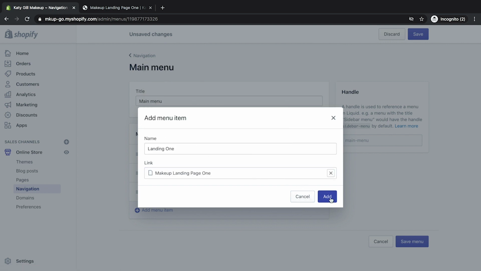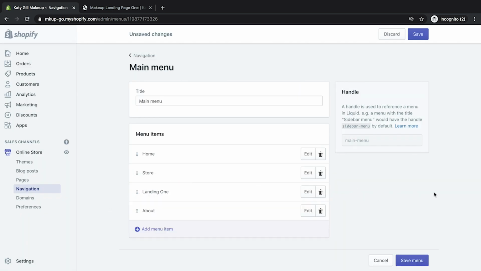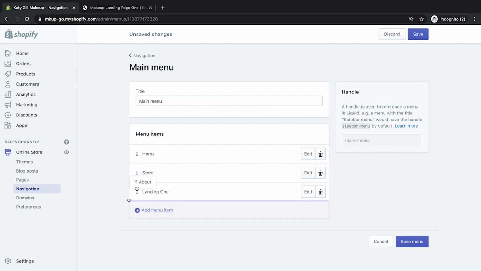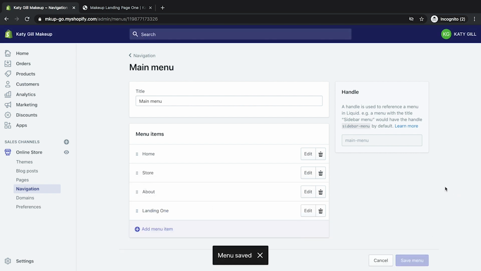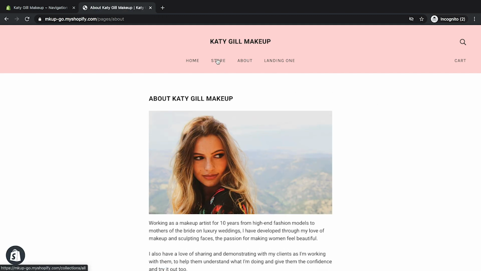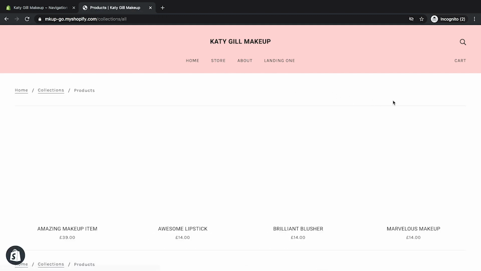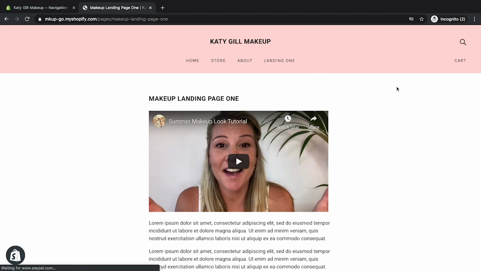Obviously we'll change all this later, and of course on top of that you can change the order of what they are. So let's have it back to where it was. Excellent. So we'll save the menu, and now if all is working well, we should see it up the top there. Great. So you've got landing page one, so you've got the about page, which we created. You've got a store page with all the products on. And we've got the landing page, which we also created.